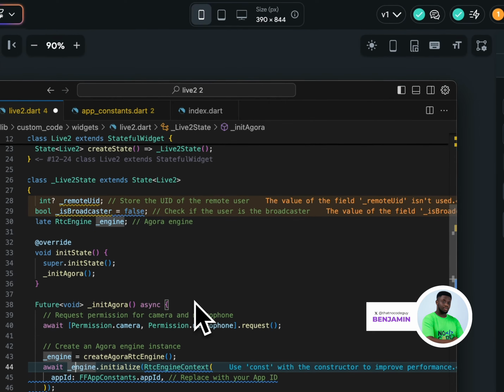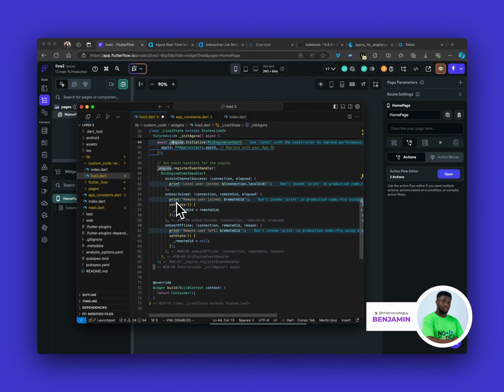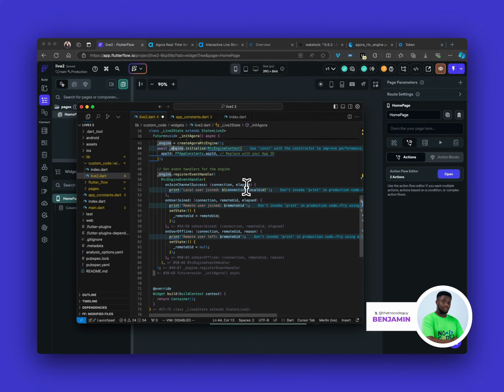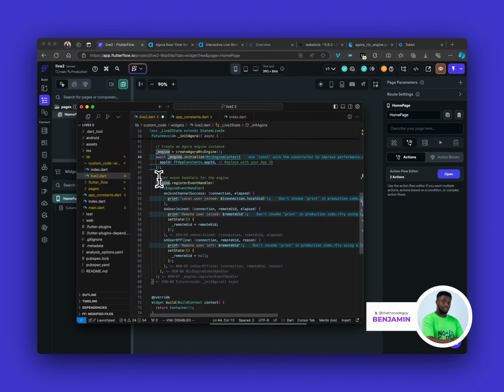All right. So I've called the app ID. Then we go over here, and another thing that you're going to see ChatGPT do for you is something you call event register handlers, right? So this RTC event handlers is how you can handle different events that happen in your app. For example, a user just joins, then the Agora package is going to distribute what you call a notification. It's like a notification within the app that tells you when something new has happened in the app,